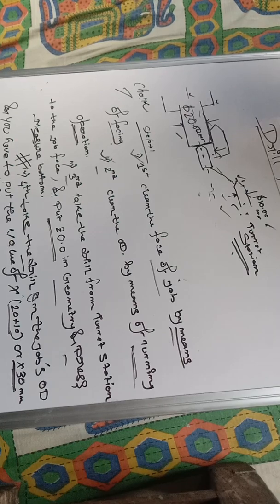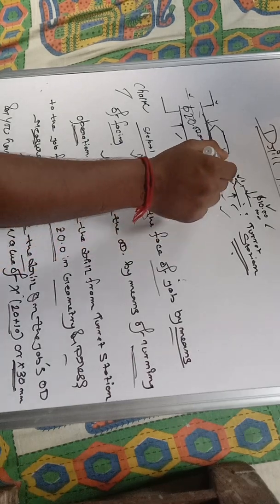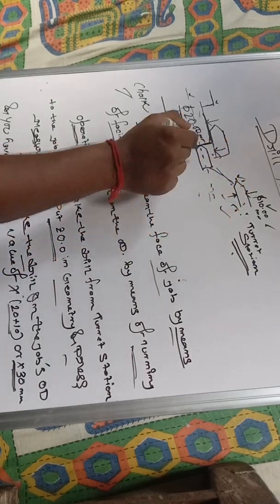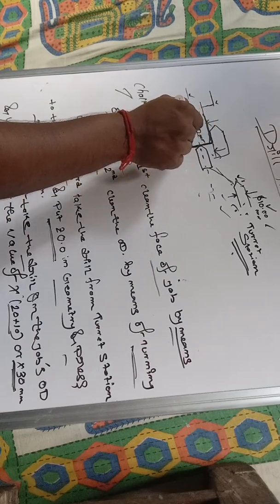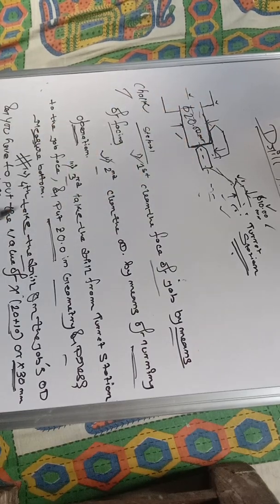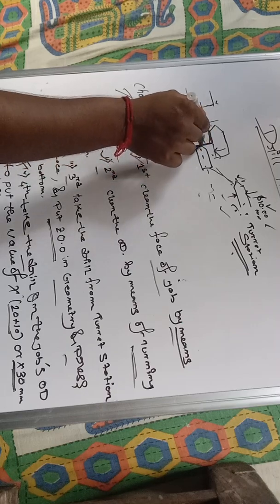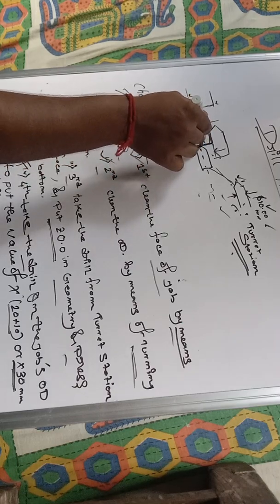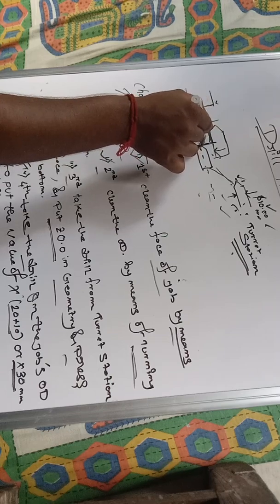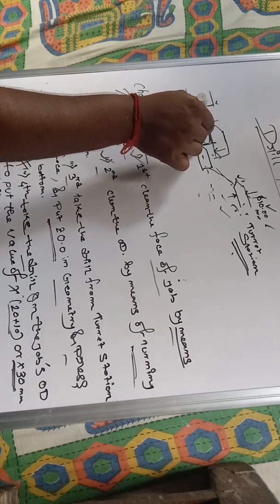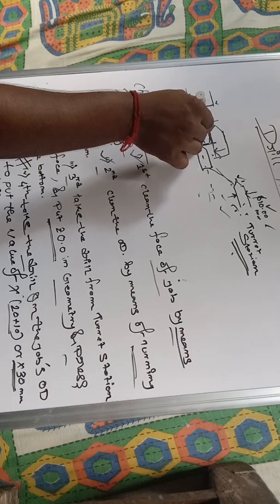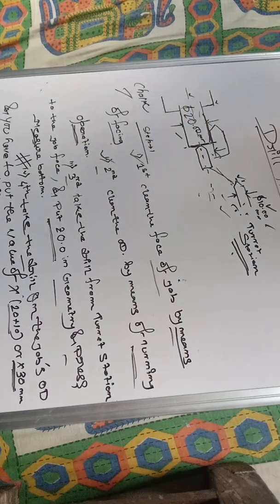So after cleaning the OD, what will you do? Simply we have to take the drill of 10, whatever size you require. Here I have taken the 10 drill. So I will bring the drill from the station to the face of the job, and we will take the Z value here. And what will be the value of Z here? That is very important. It is Z0, and we put the value of Z 0.0 measured in the geometry offset.